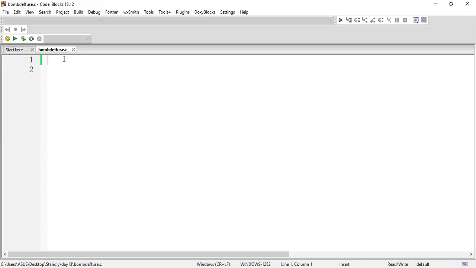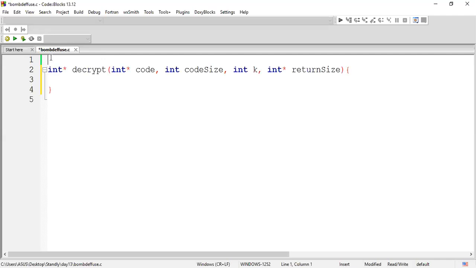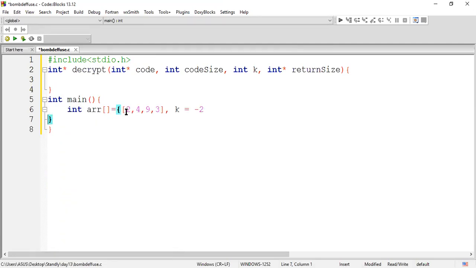Okay. First, let us write an outer skeleton of it. This is a function we have taken, right? So let us write a skeleton first. stdio.h followed by our main. So we can take the same array. What is the example we have taken? Okay, it could be easy for us. So let me declare an array, int arr. So the array is declared, followed by a key value. So these two are declared.